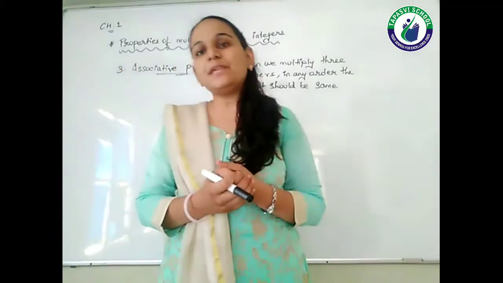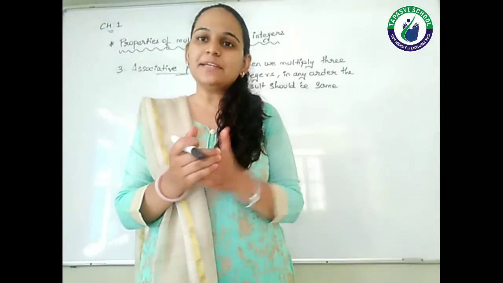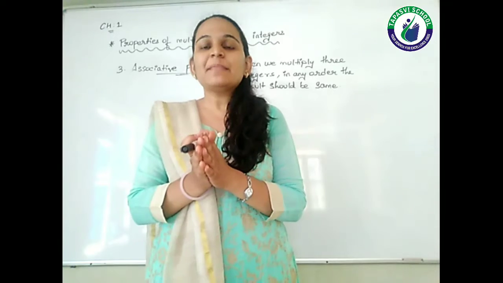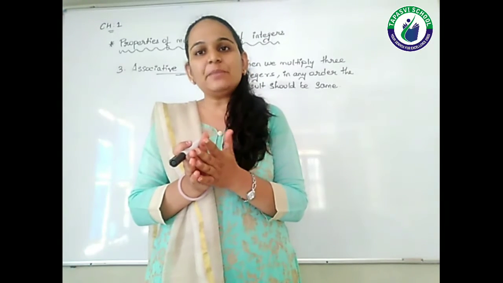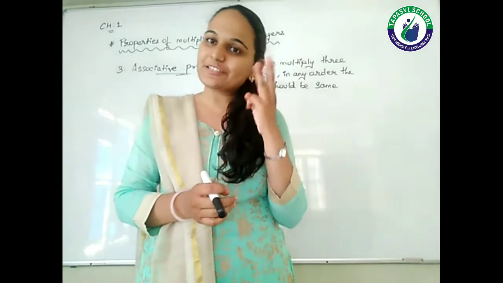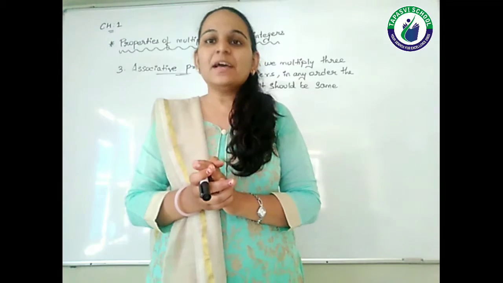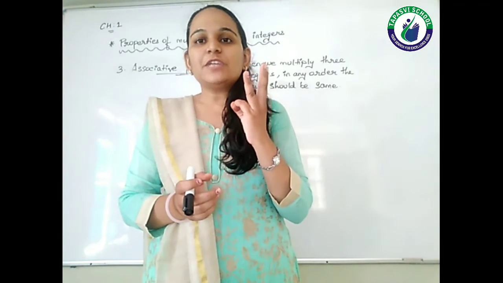Associative property means the functioning of this property is like the commutative property only, but in commutative property we were taking 2 integers, and in associative property we take 3 integers. Rest all the pattern of the working remains the same. That means here you need to take 3 integers.